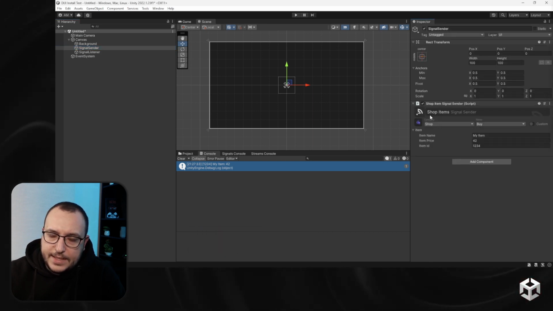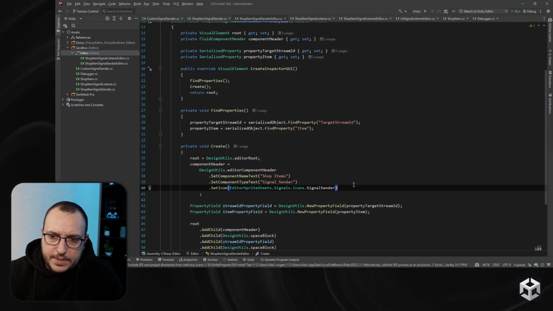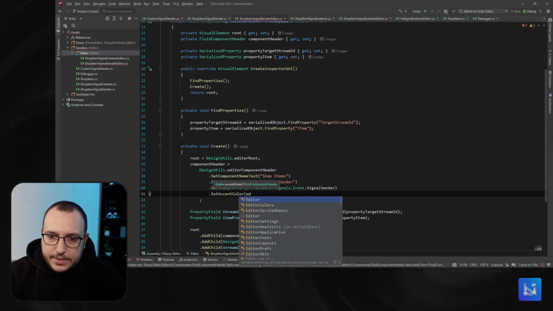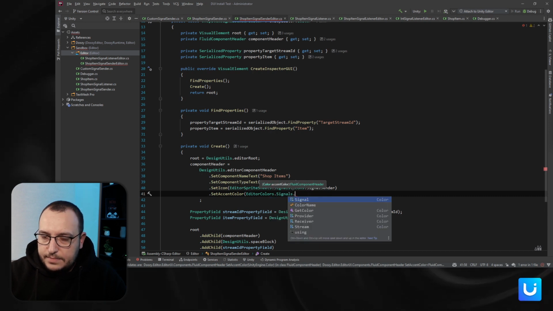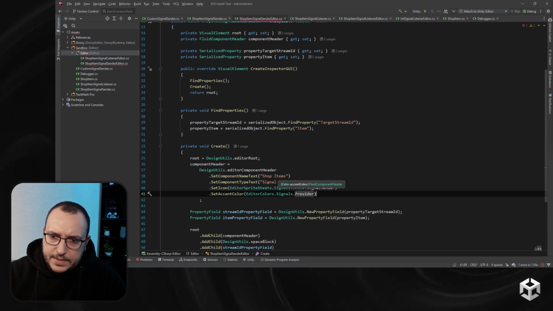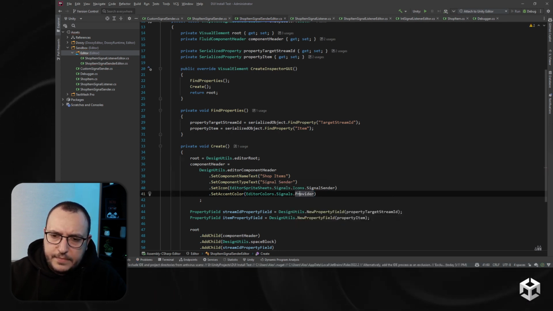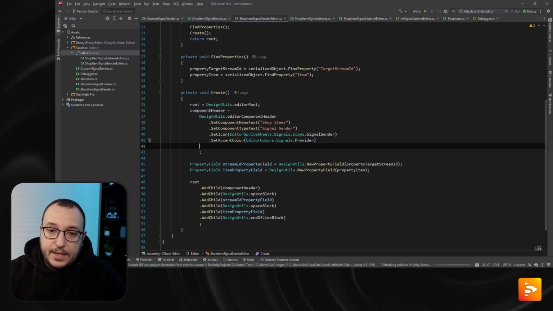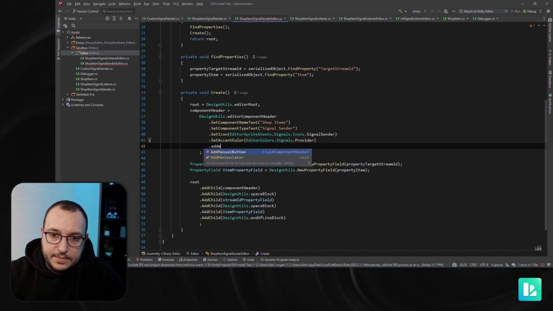Okay, so now it looks like that. Let's come back here. Let's set a color, set accent color, editor colors, signals, signal. So let's say a signal provider. Yeah, let's put it like that. Actually, I'm gonna set, yeah, provider, it's okay. And set add manual button,